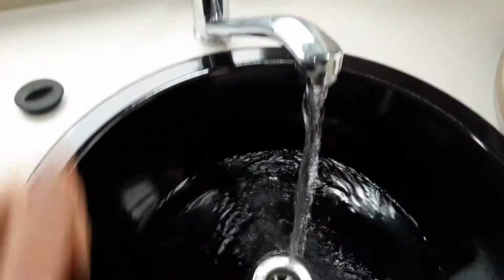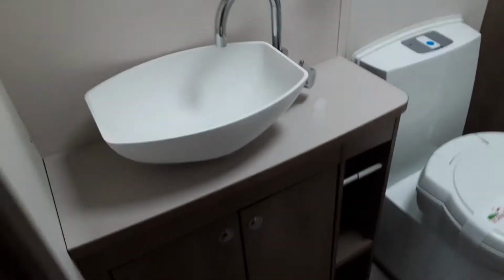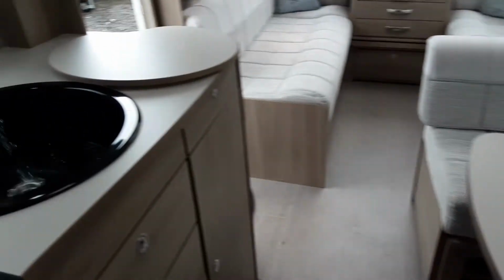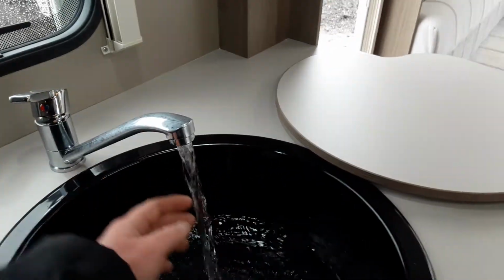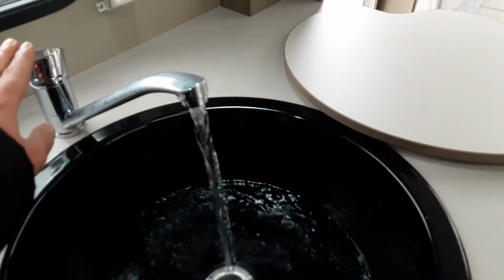You come to every tap on the caravan and open them all up on the hot side of the water heating. So that would be the tap in the kitchen, the tap in the bathroom, and also the tap on the shower, sorry, and the tap on the sink. You open all those up on the hot side, and at that point the water would start coming through the system, and when the water system is full and you've got water running continuously as you have now,